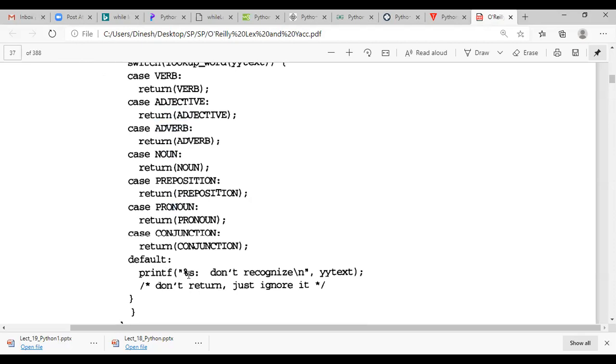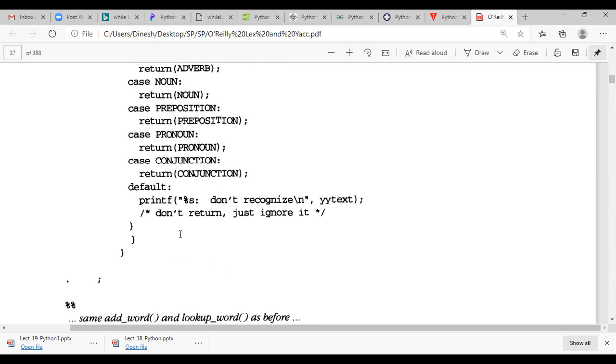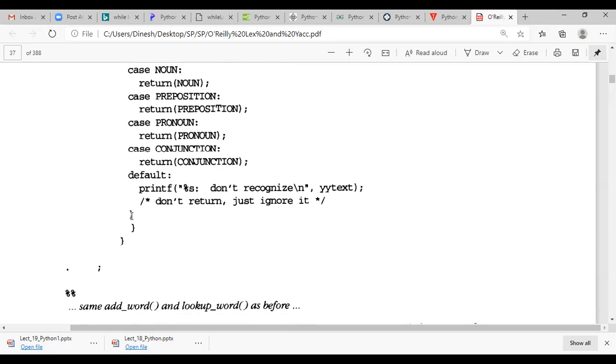And at last, default: string not recognized. That means it is not verb, not adjective, not adverb, not noun, not pronoun, not conjunction. It is not recognized by the given lexer. So this is nothing but a parts of speech lexer. These are the closing brackets.